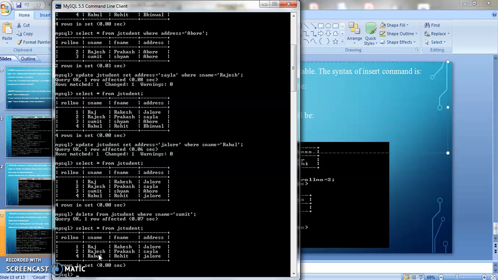So first let's recap the process which we have done. First we create a database. After creating a database, we create a table using the create command. After the create command, we use an insert command to insert the rows or values. After inserting, we use the select command for displaying the data, or we use the select command with a where clause for condition searching. After that, we update the database using the update command, and then we delete data using the delete command. So that's all about the DML commands.